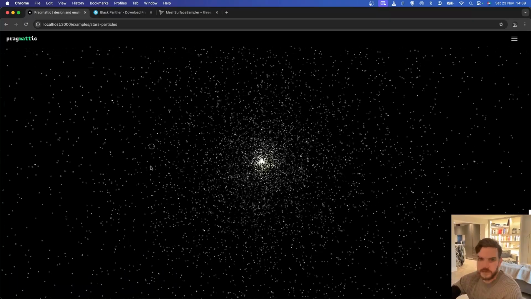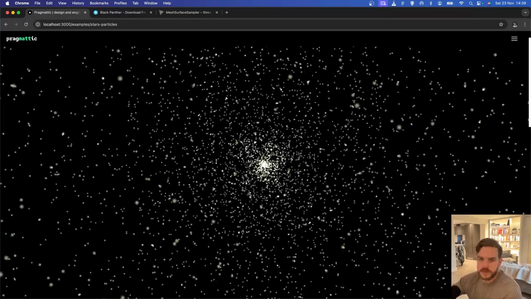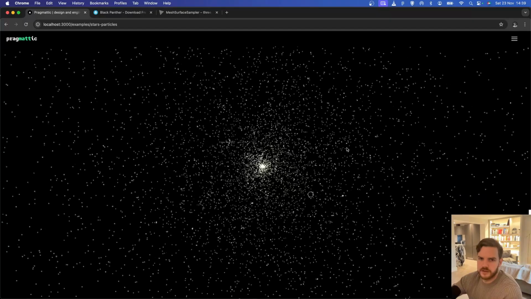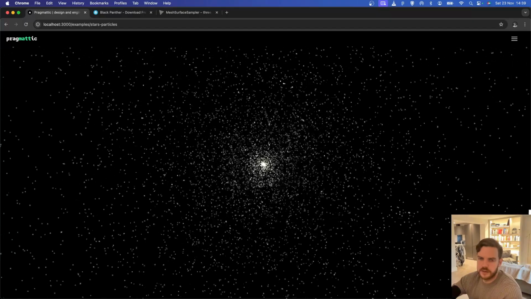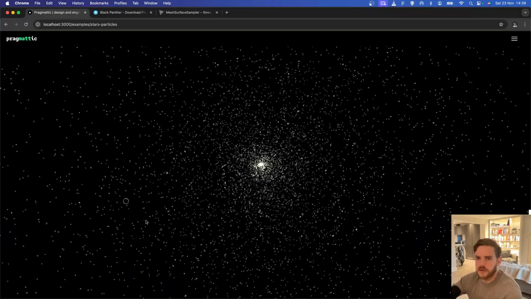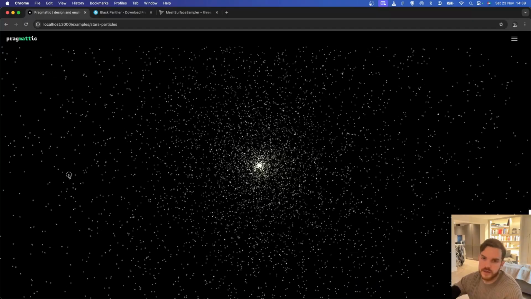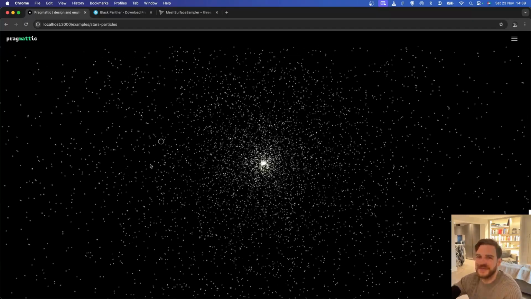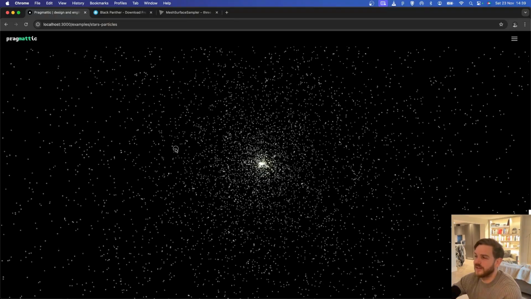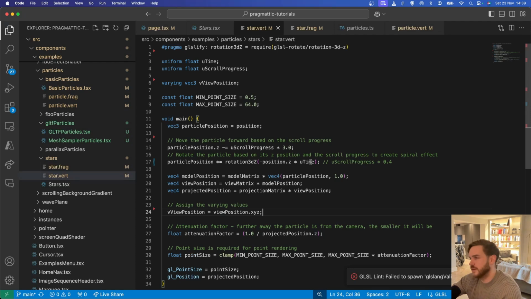So the particles around the outside are moving a lot quicker. So it's sort of like a spiral effect. Get dizzy looking at this for too long. But I don't want it to be that intense. We could use a combination of the time and the scroll progress if we wanted to. Like we could,